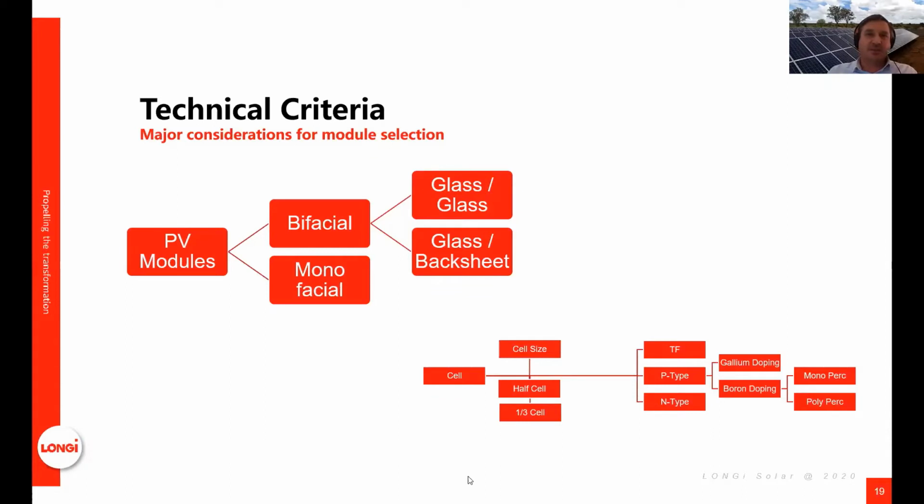But I think these days there's a lot more consideration into the kind of selections that project developers or the EPCs are making, and it's making the choices or the design process a lot more complicated. But I think what is critical out of that is the importance of engaging with the module manufacturers at early stages. So, these days, considering a project, you'd probably start looking at whether you're going to look at